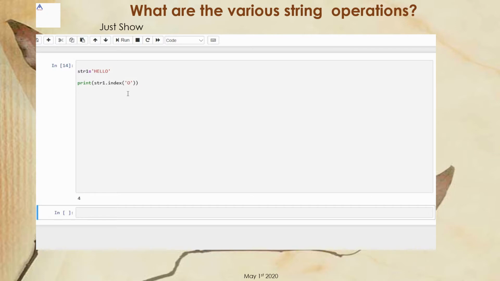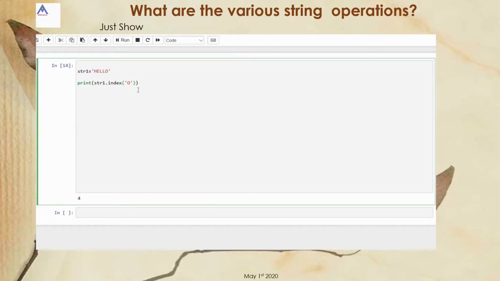Otherwise, when index finds that the particular substring is not present in the given string, it will raise an exception error, that the character is not found in the given string. But when you use find and the substring is not present, you will get -1. So this is the difference between index and find.